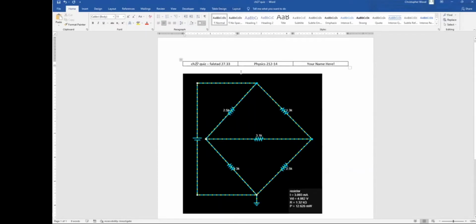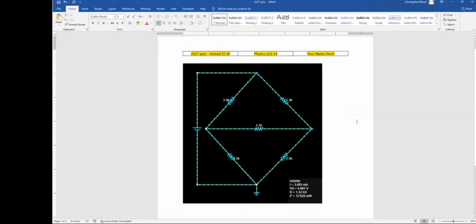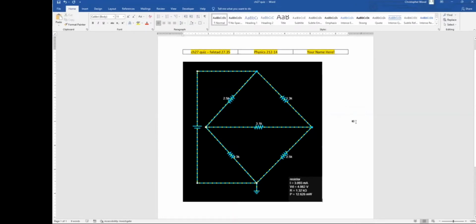And now this will be chapter 27 quiz. And this is Falstad. I got to check what problem this was. This was problem 2735. So this is 2735. So update your header. This is the new header. This is your pasted Falstad circuit, which is perfectly agreeing with your Excel, which was created via math and physics. And then I'm going to